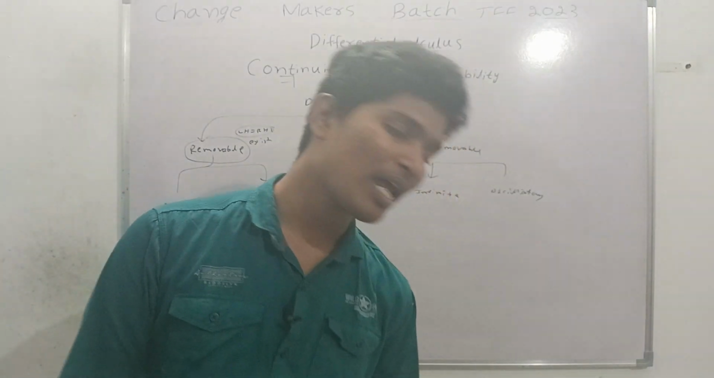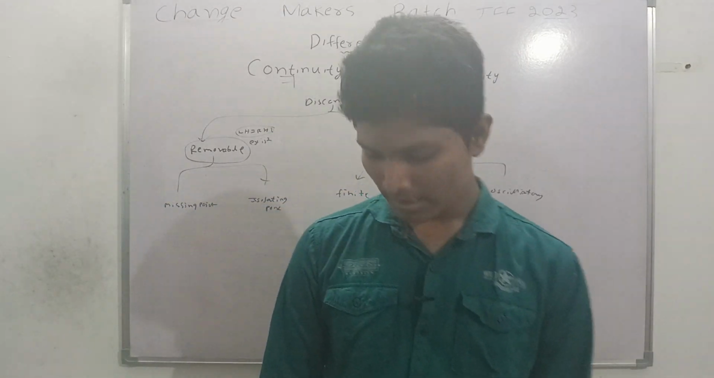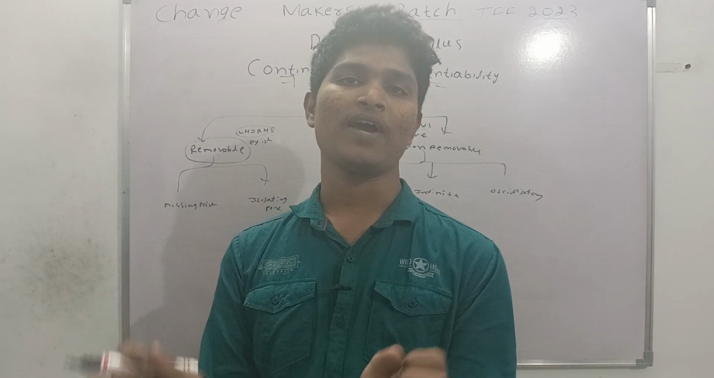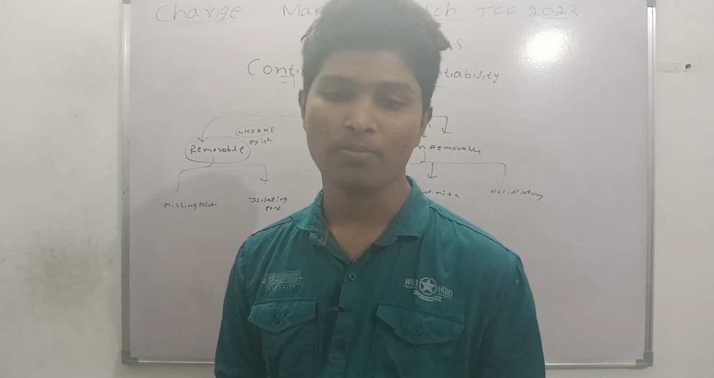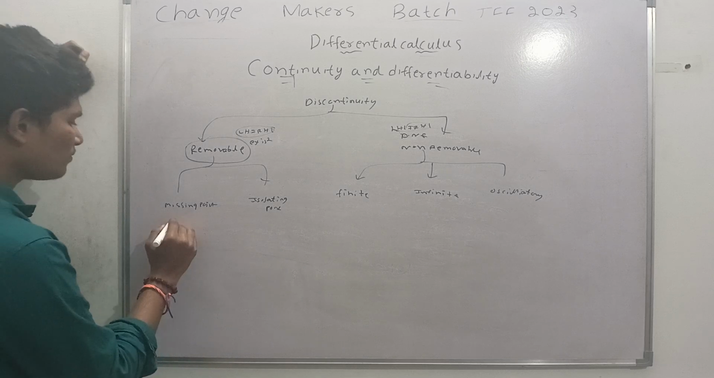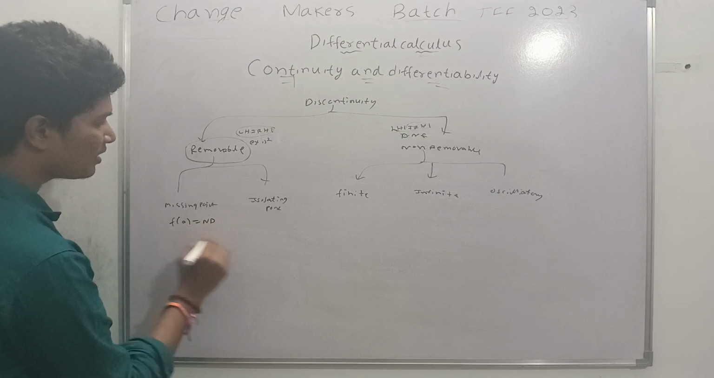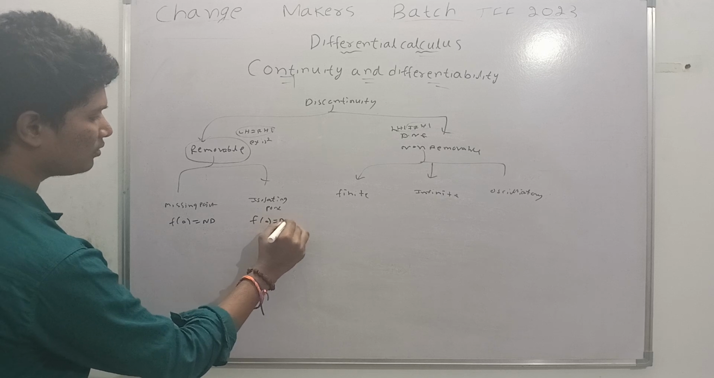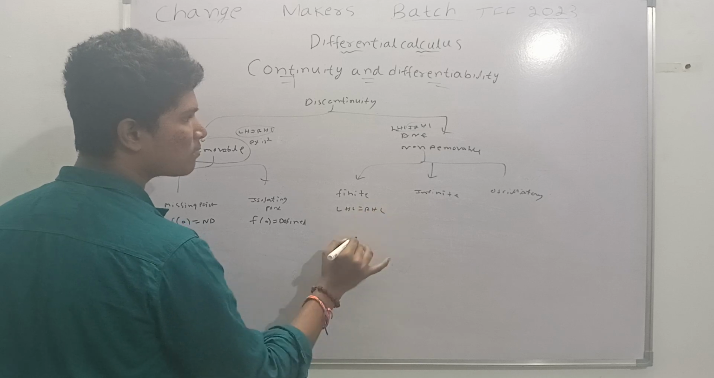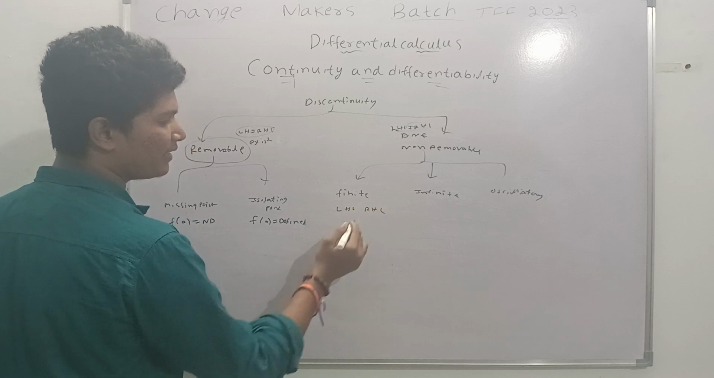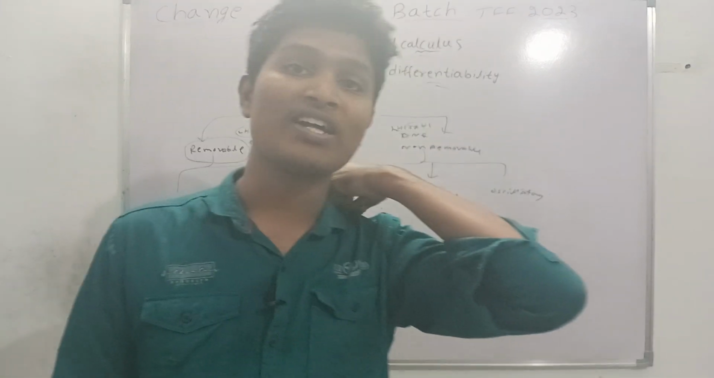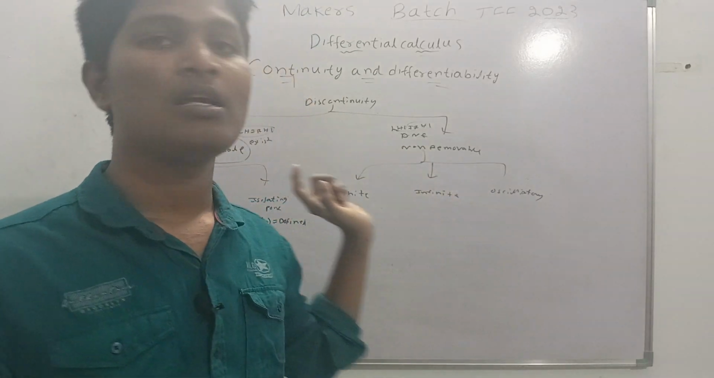And also, the removable type is divided into 2 types, that is missing point and isolating point. And the second one is the non-removable part, there are three parts, that is finite, infinite and oscillatory. These things you have to remember. And when it is a missing point removable discontinuity, the function is not defined here, but here the function is defined. And when it is finite, LHL and RHL are finite, these things you have to remember. When it is missing point removable, the function is not defined but the limit exists, but the function is